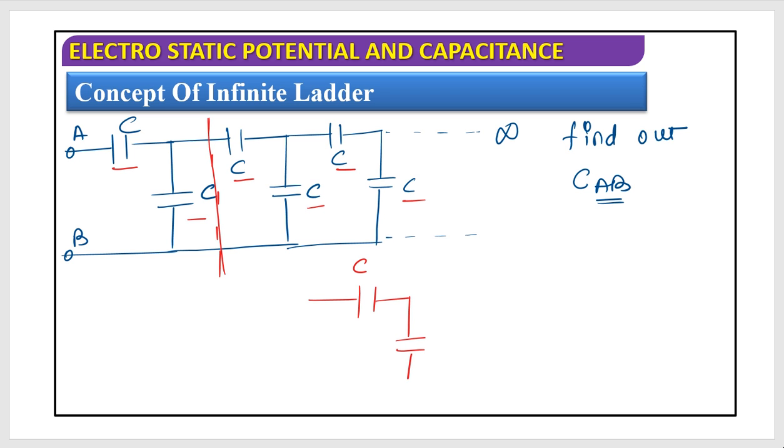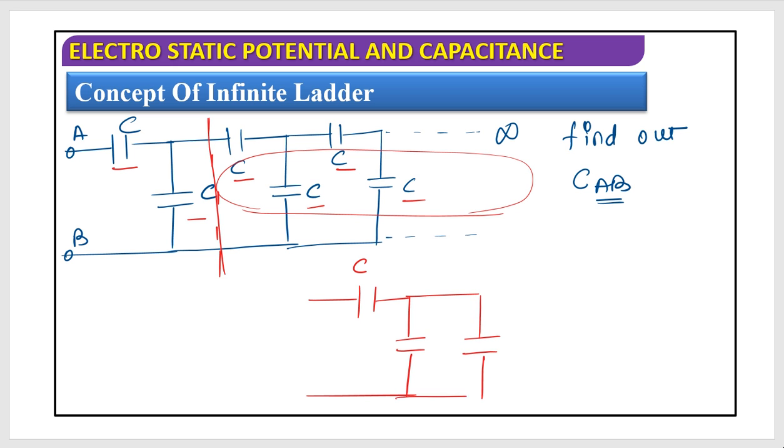this is C, and the whole total remaining network would be called, let's say, X, as well as my answer would be X. So my C equivalent, let's say, would be X. So this is the situation, and this is point A, this is point B. Now tell me, what can I do? Yes, I hope you can observe that this C and this X